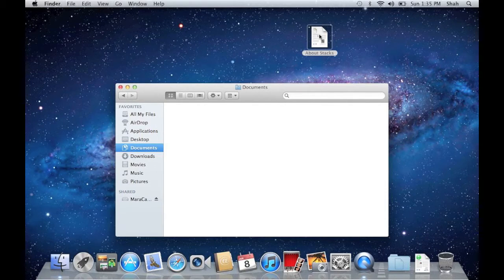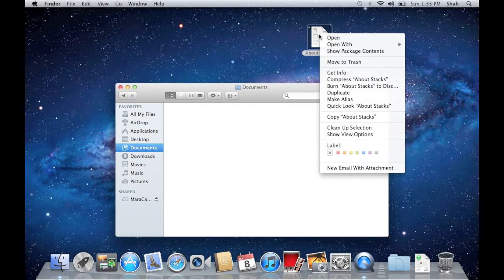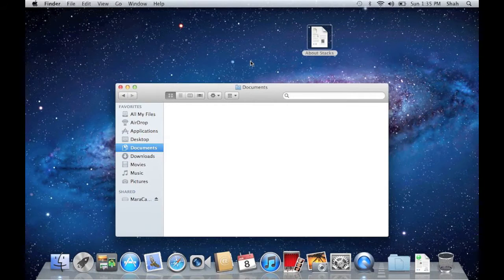Right-click on About Stacks to show the contextual menu. Now, right-click on the desktop to change the desktop pattern.